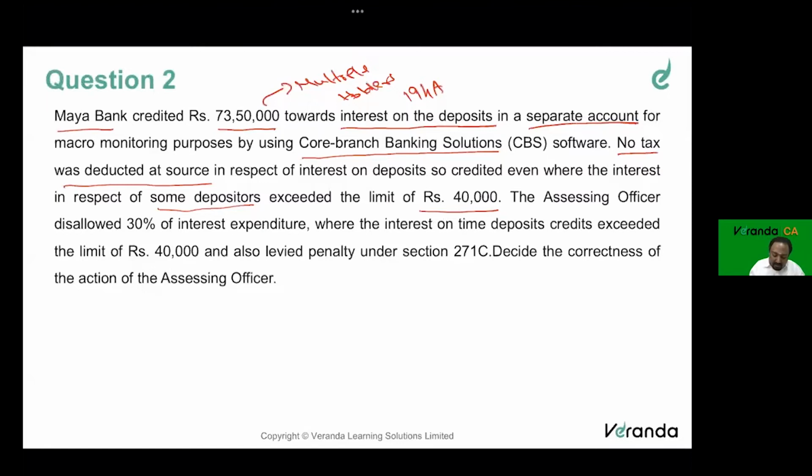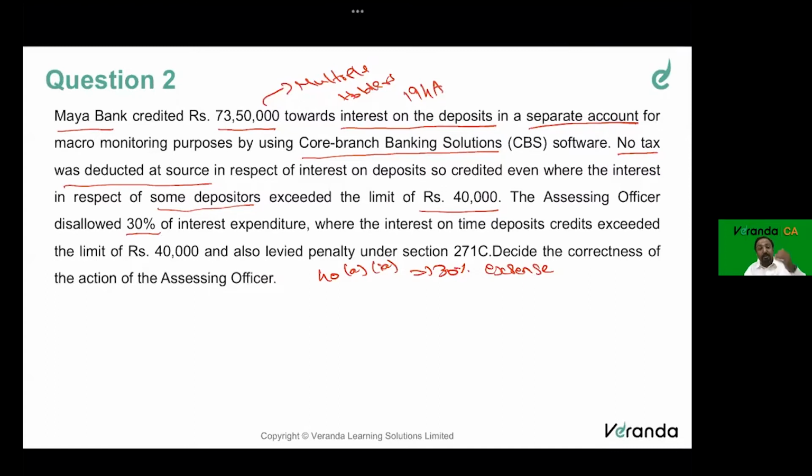Now, the assessing officer has disallowed 30% of interest. So what provision is this? Under 40 clause A 1A, where it says, if TDS has not been deducted on some domestic payments. If it's an international payment, it is clause 1, where 100% of expenditure is disallowed. But here in this subclause 1A, if the TDS has not been deducted under this 40 clause A, 30% of expense will be disallowed in the year in which it is not deducted.